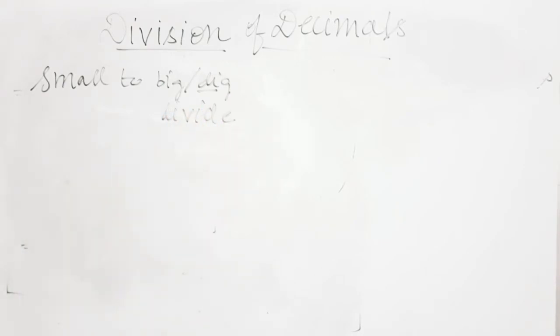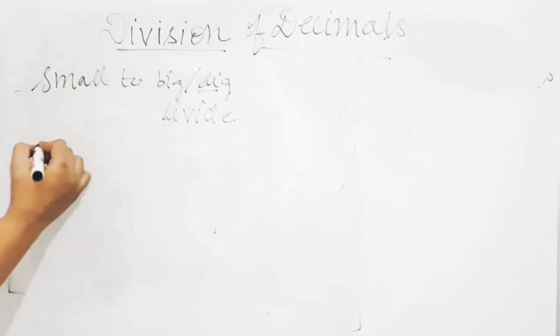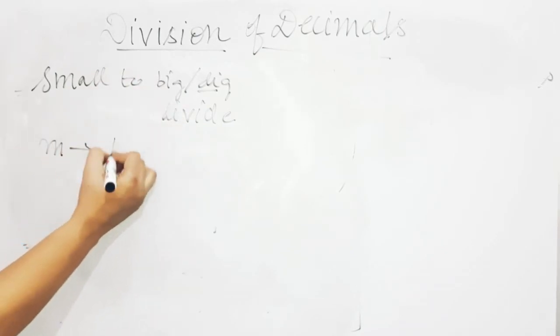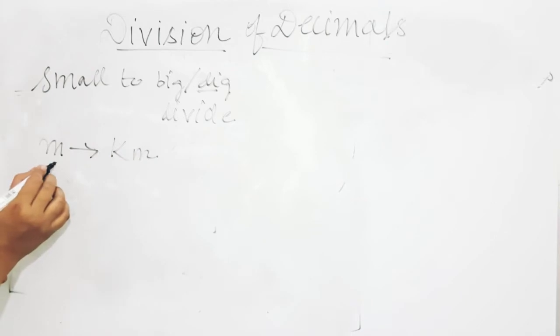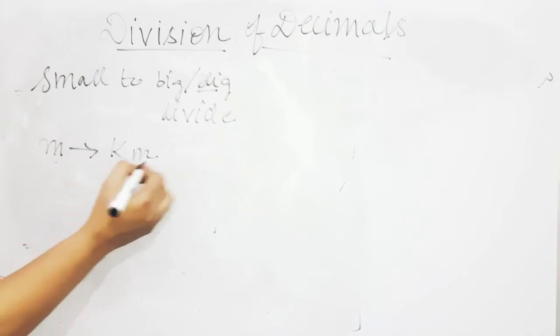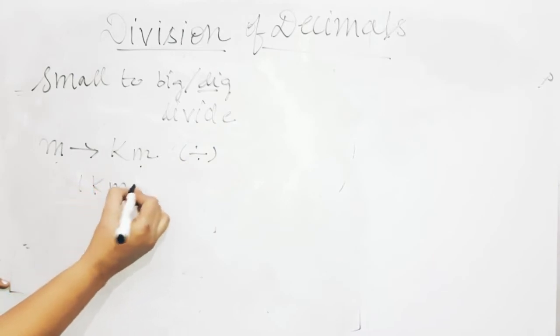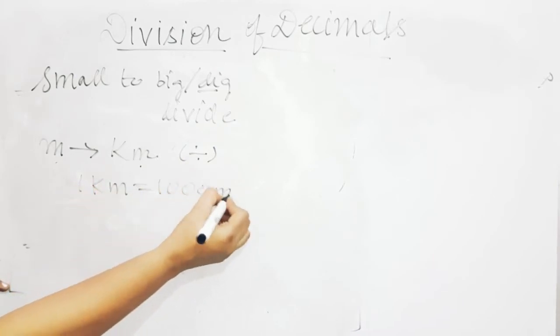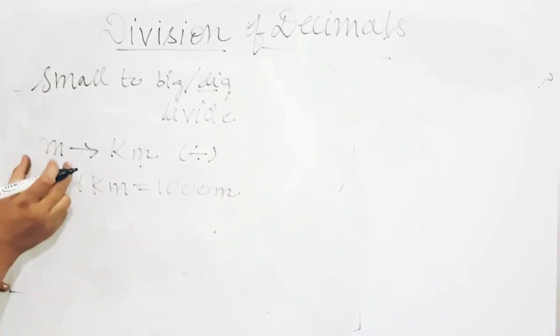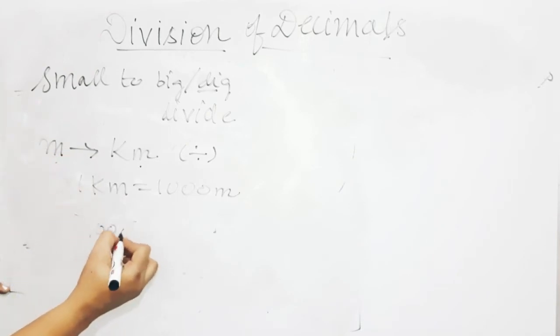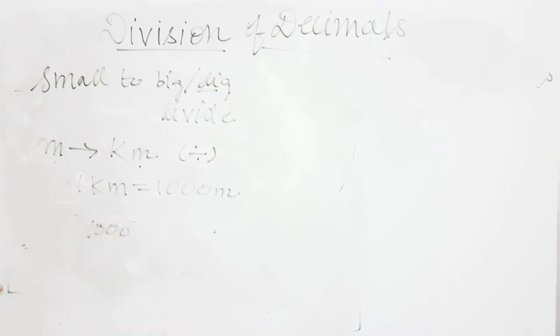So whenever you are converting any smaller unit to a bigger unit, that means when you are converting meter to kilometer, meter is a smaller unit, kilometer is a bigger unit. In that case you have to divide. That means 1 kilometer is equal to 1000 meters. Then you have to multiply that particular meter term by 1000. आपको किससे multiply करना होगा? 1000 से multiply करना होगा, right students?